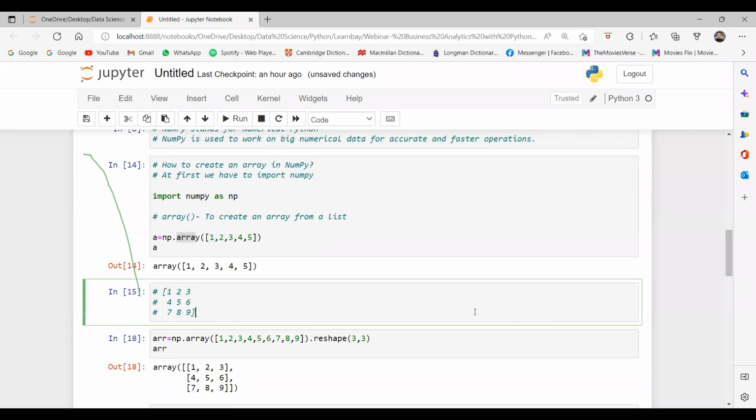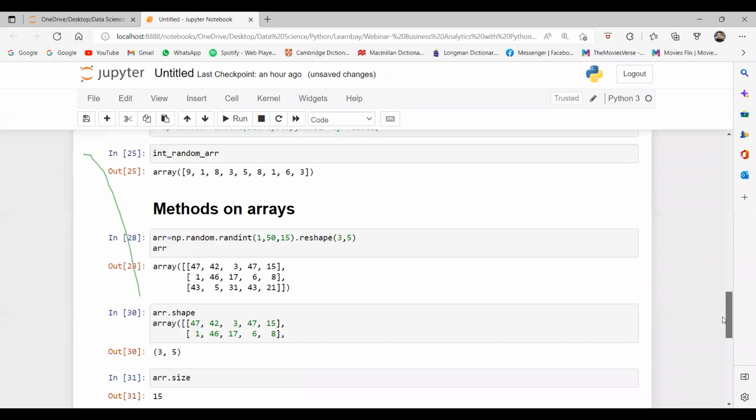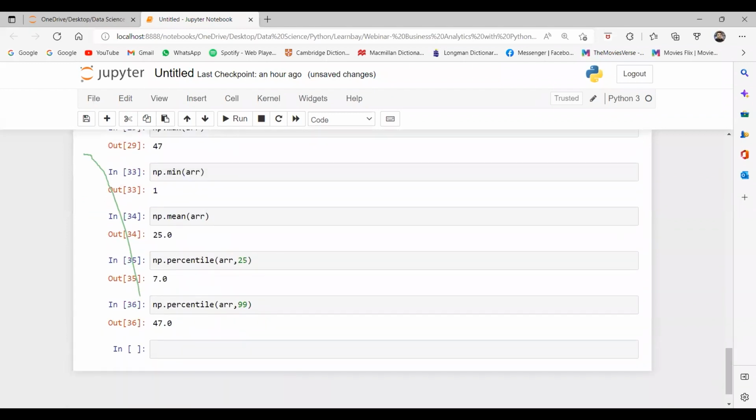So here my objective is to tell you that NumPy is a library in Python that we use to work on numeric calculations. When we have long numeric calculations, then we use NumPy. Why NumPy? Because it works with matrices, as in linear algebra, and a matrix is used to perform the calculations faster. Yes or no, guys? And we also do statistical operations. Percentile is a statistical operation.